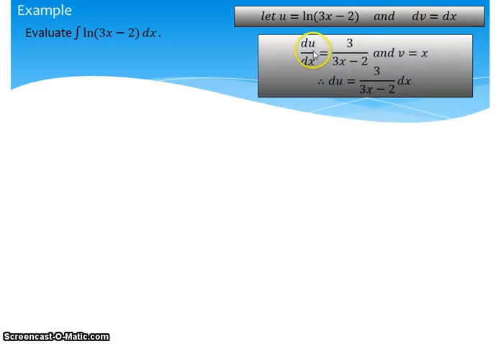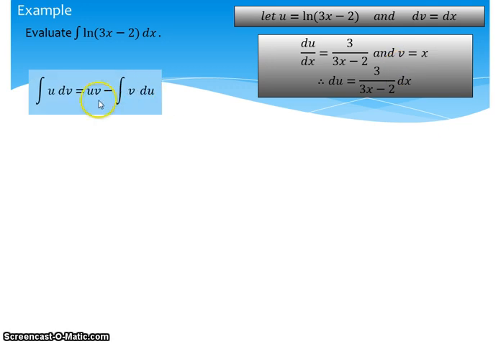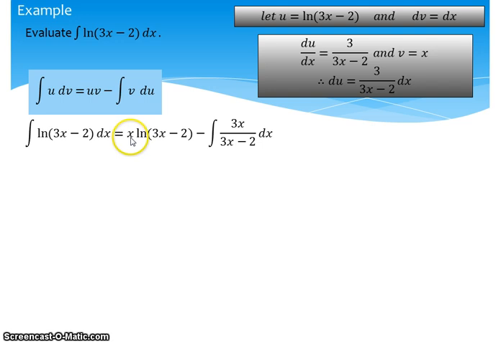Differentiate u with respect to x and make du the subject of the formula. I get 3 on 3x minus 2 dx, and integrating dv equals dx, I get v is equal to x. After that, once again, I write the rule, carry out the substitution: u times v minus